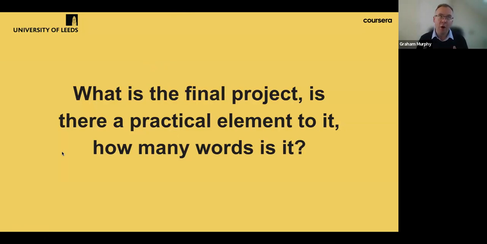Instead, our view on the project in this program is that it will be a shorter application of what you've learned across the program up to that date on an application that interests you. You'll be assessed on a number of different kinds of outputs.